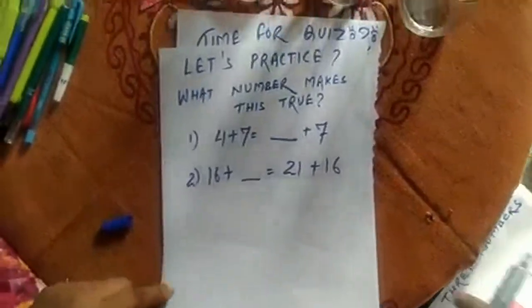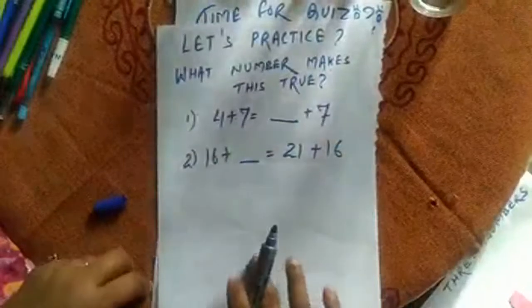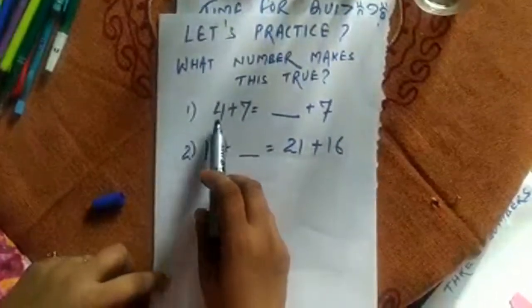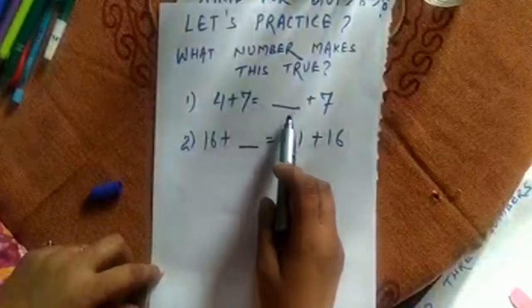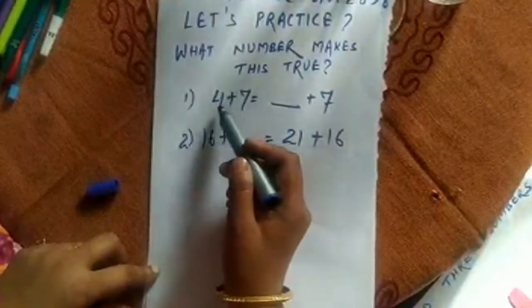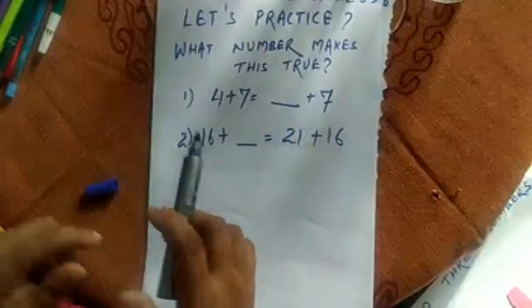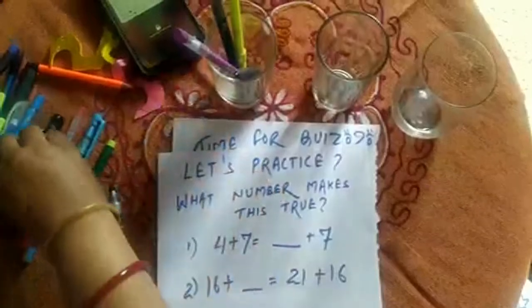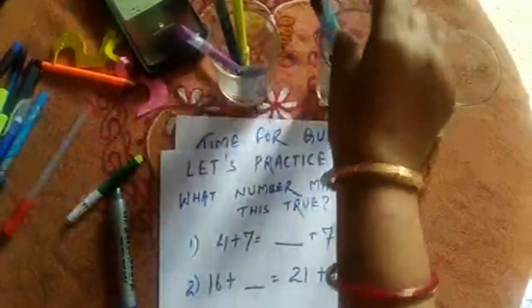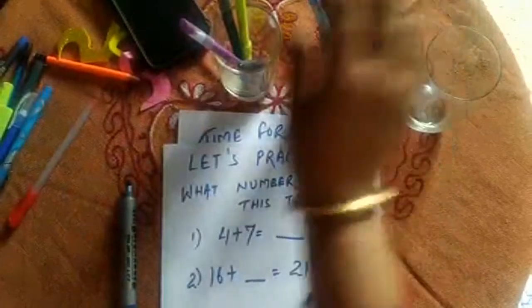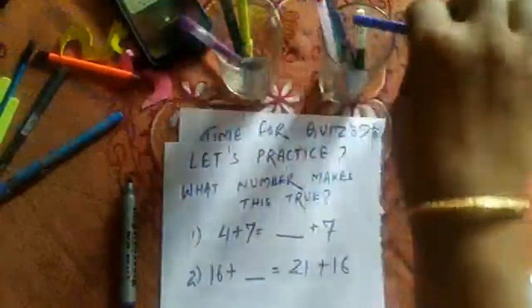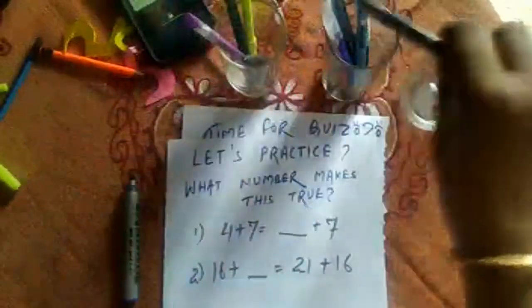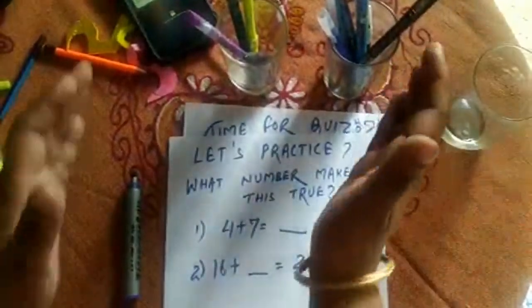Let's practice. What number makes this true? First, 4 plus 7 equals something plus 7. Now if we add 4 plus 7, let us take an example. 1, 2, 3, 4. 4 in one container. Then 1, 2, 3, 4, 5, 6, 7. So the total is, we will add it,